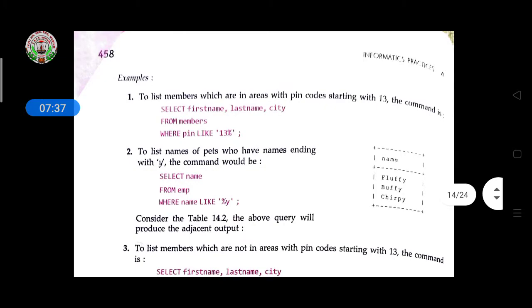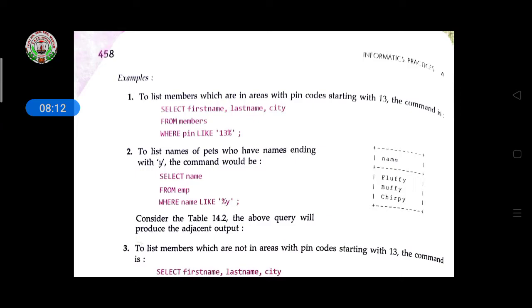Then an example is given: to list members which are in areas with pin code starting with 13. Here we use the percent sign. Select first name, last name and city from member, the member table, where pin like 13%. 13% means the starting code is 13, and after 13 any digits can follow.